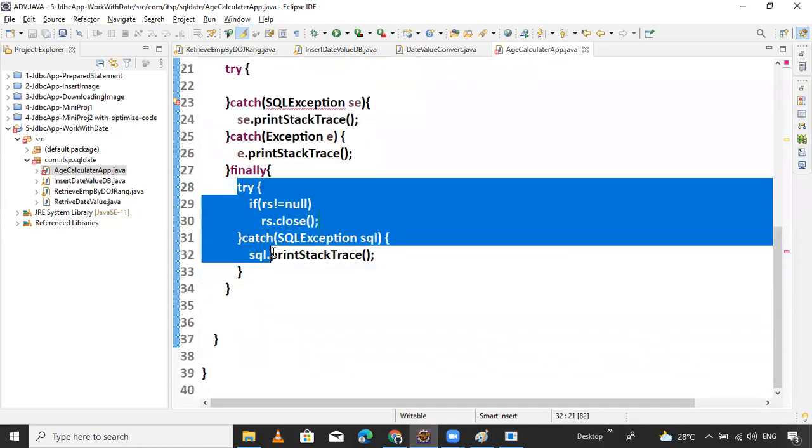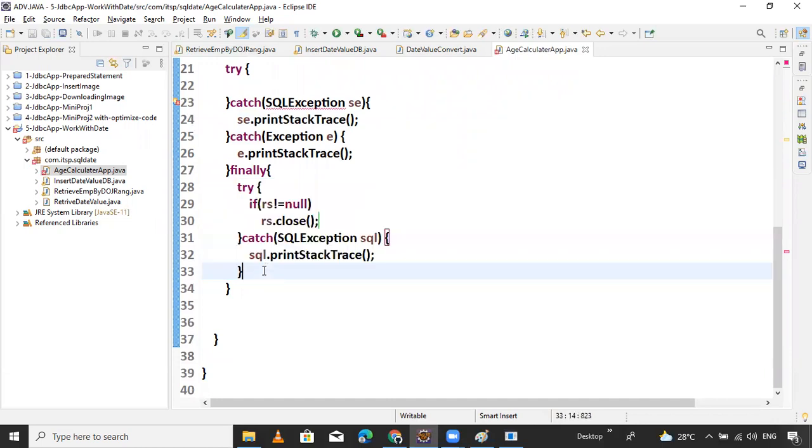The next thing is required. Otherwise, copy and paste. Inside the finally block, one more thing is required: the prepared statement, pst, using try.